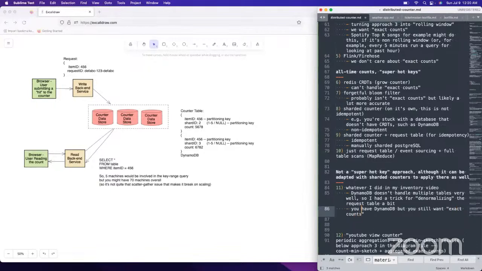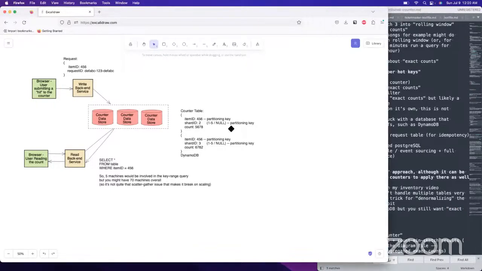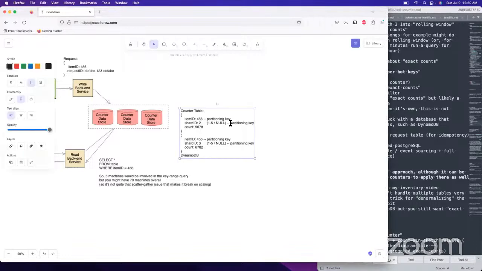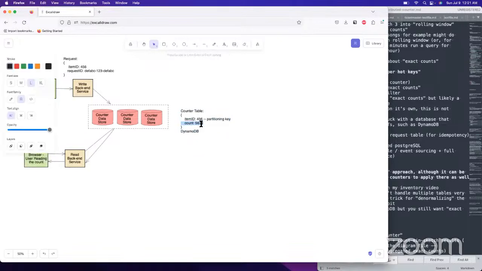That's the specific scenario that we're designing for. So we have the item ID. We don't necessarily need to have a shard ID in this one. We just have the counter table. It's DynamoDB. We have this request ID that comes in. We don't need to clarify that. That one's kind of obvious.